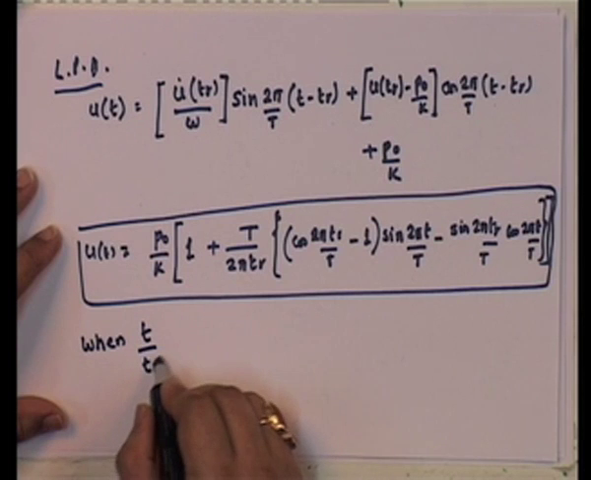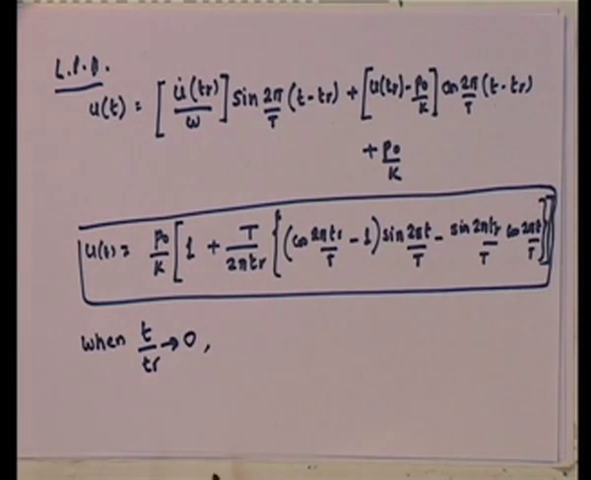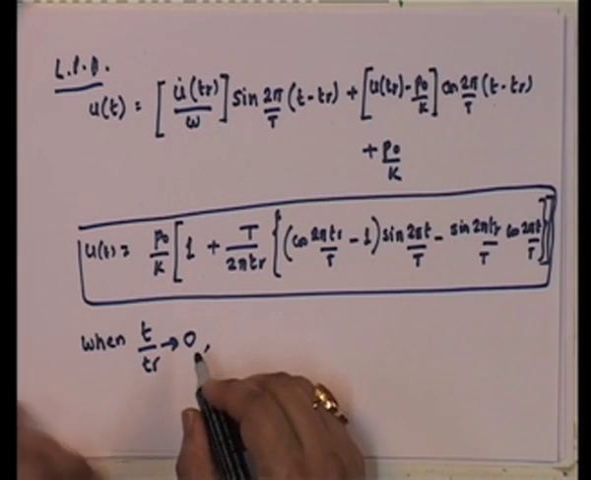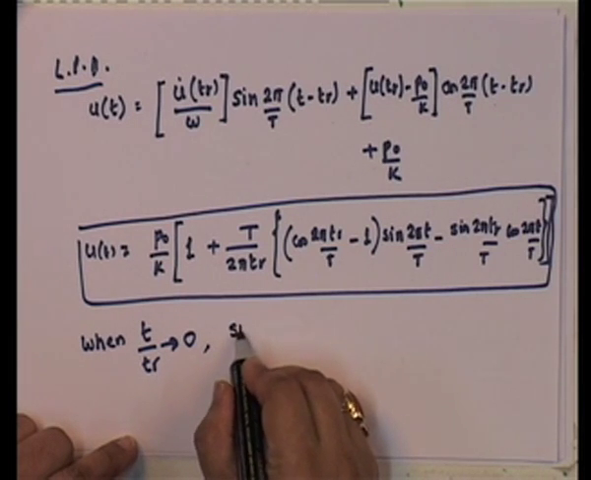When t_d by T tends to 0, where will the peak occur? Note that if t by t_r tends to 0, load phase 1 practically disappears. So, it essentially is that you are in load phase 2. So, the peak will occur in load phase 2, and if you look at load phase 2, what do you get? You get sine